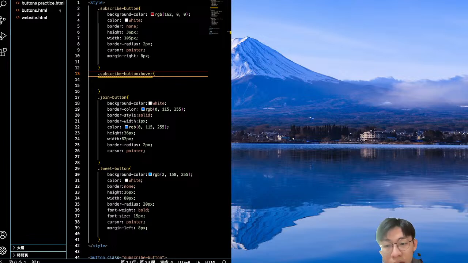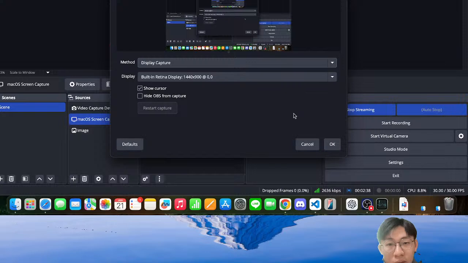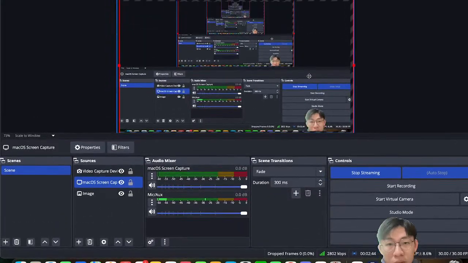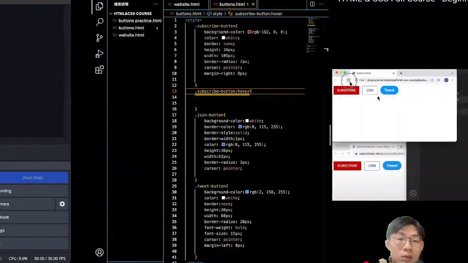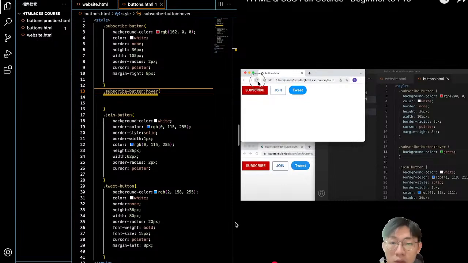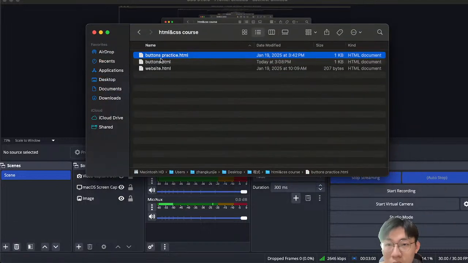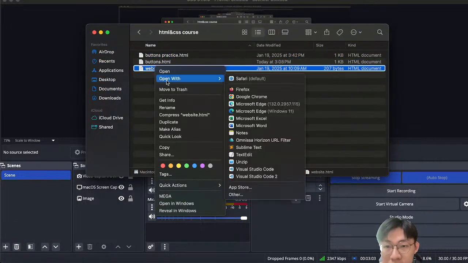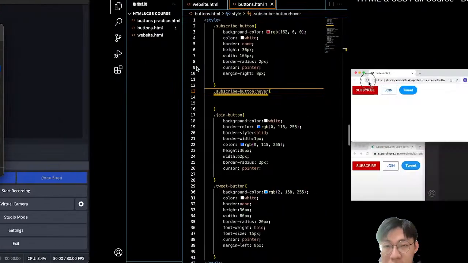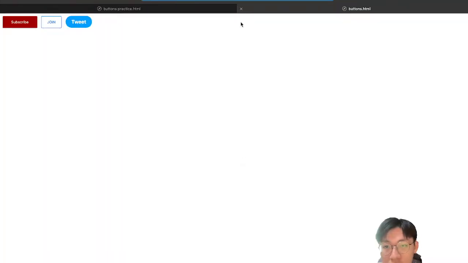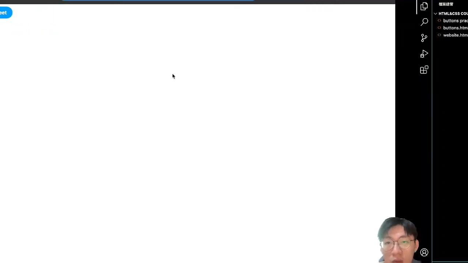我先要改一下做法，不要用整个 display 了，这样让大家看得到目前在干嘛。然后我们还要再开一个视窗，让大家看得到修改后的样子。然后 open with Safari，好。